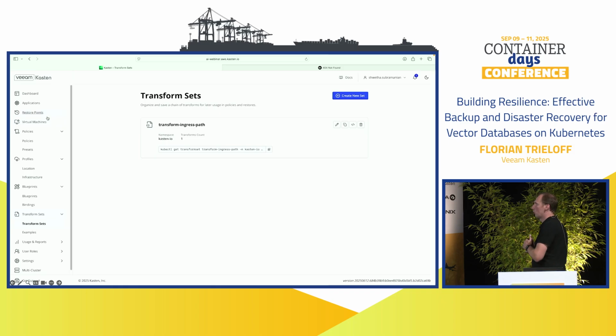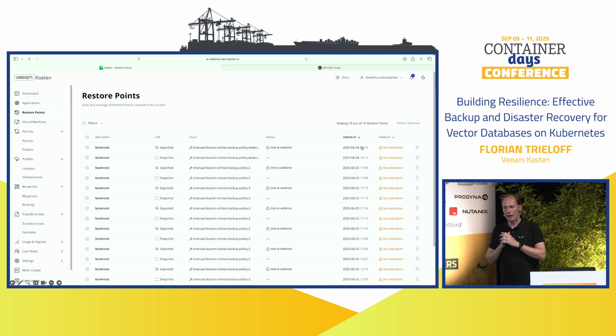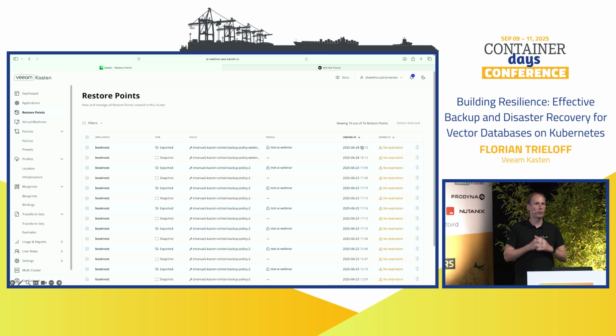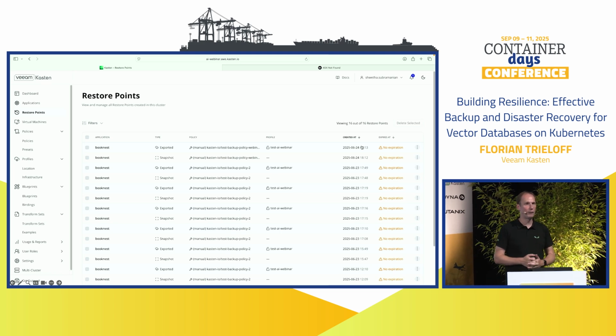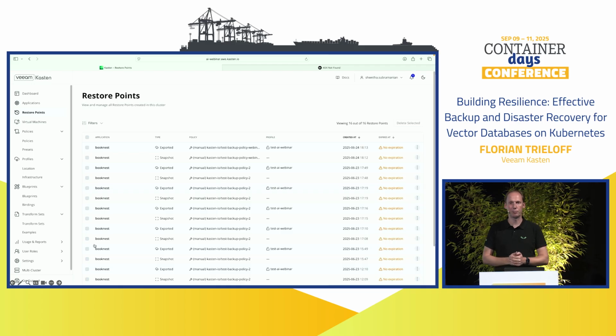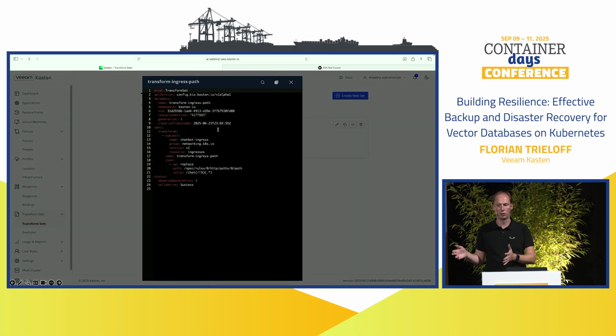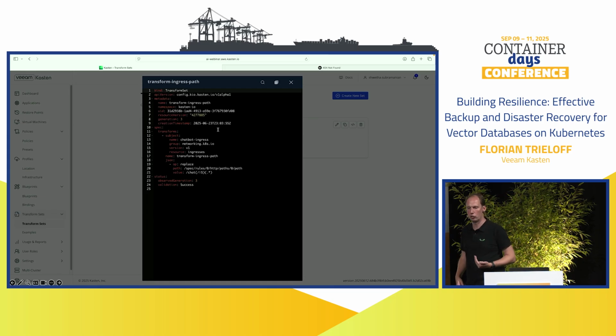One important thing in this demo use case: I want to restore this with a transformation. I will change the ingress here, because I want to provide this application, before the production restore, to the department which is responsible for this application to check if everything is right before providing the original ingress.